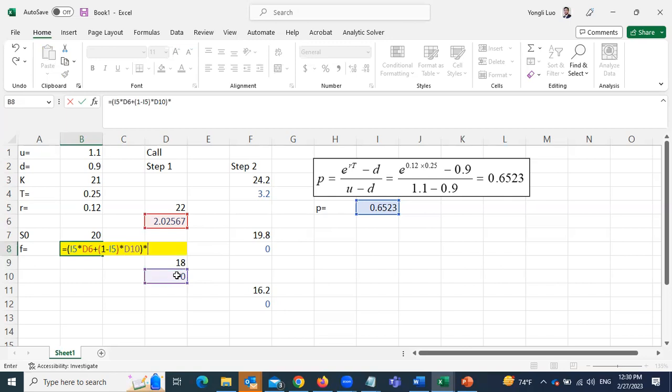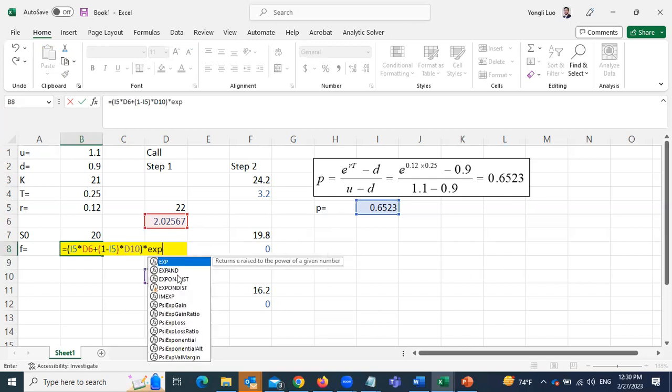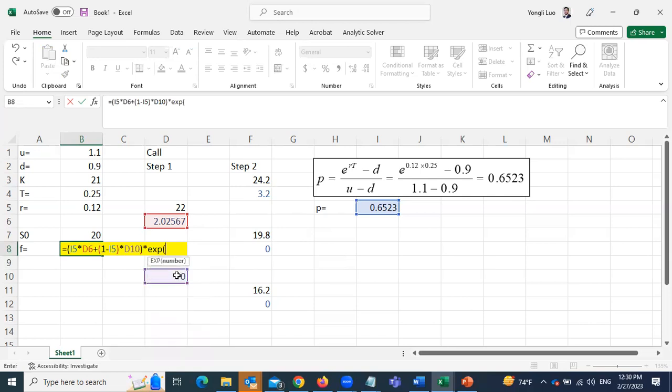And then you times exp, and your discount is negative T times R. That will give you the option price